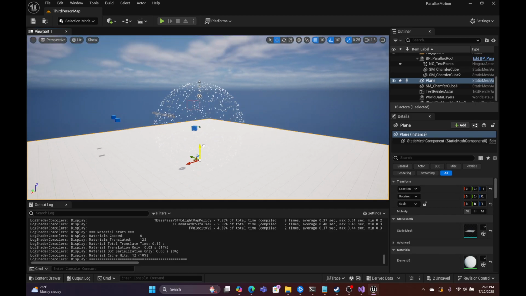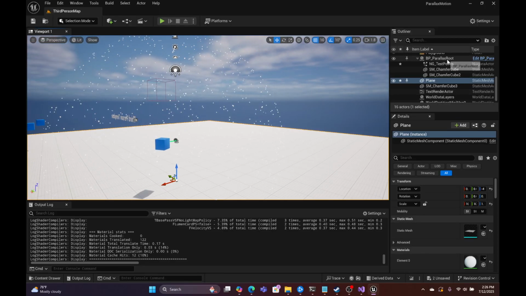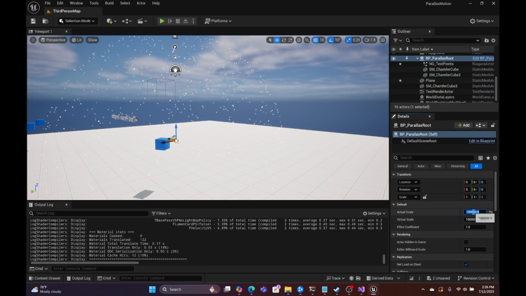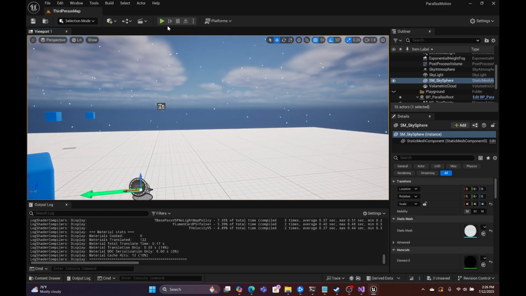Or maybe not, maybe we take it up a bit. All right, we know that we set that to 1,000, so we're going to set our actual scale here to 1,000, and our virtual scale, let's do 10,000. That's 10 times bigger. And then if I start right here,